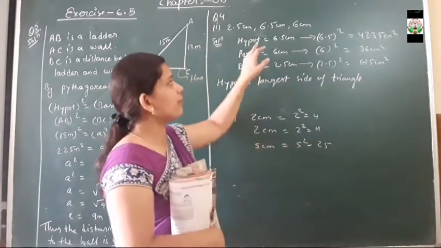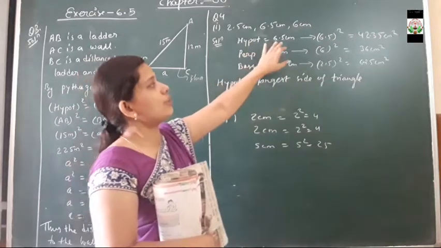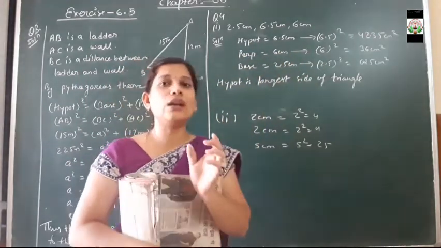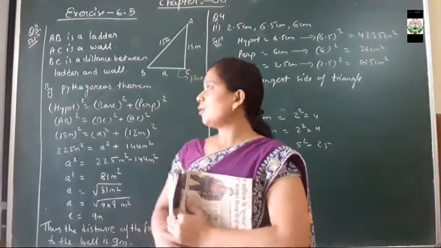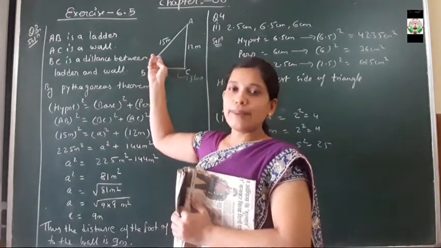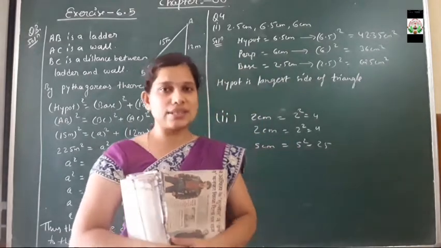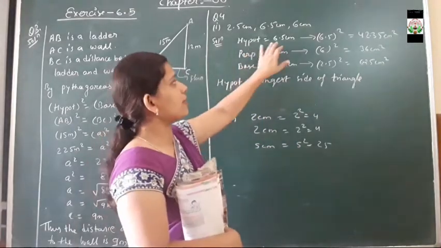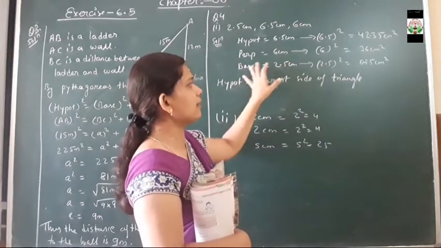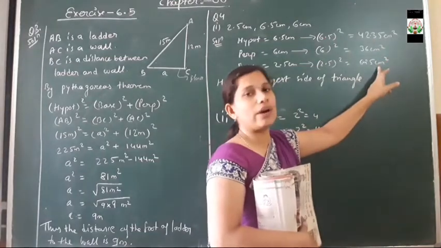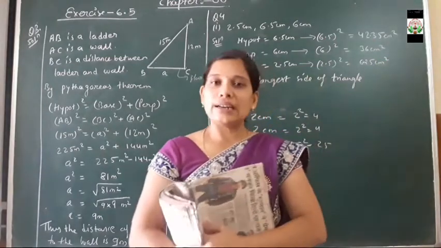While moving toward the first part of question number 4, 6.5, 6 centimeter and 2.5 centimeter. As we know, the longest side will be the hypotenuse, क्योंकि hypotenuse की जो लेंथ होती है बेस और परपेंडिकुलर से ज़्यादा होती है. So जो बड़ा नंबर होगा वो hypotenuse कंसिडर करेंगे. Okay, so hypotenuse is 6.5, perpendicular is 6, base is 2.5. So while squaring the numbers, we will get the required answer. Hence the right angle triangle is possible.